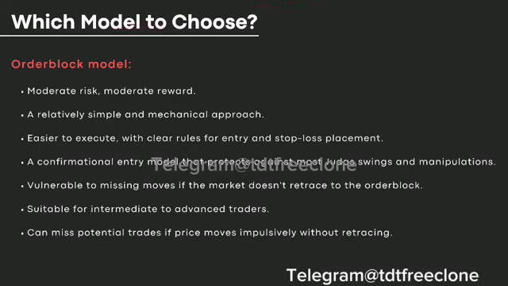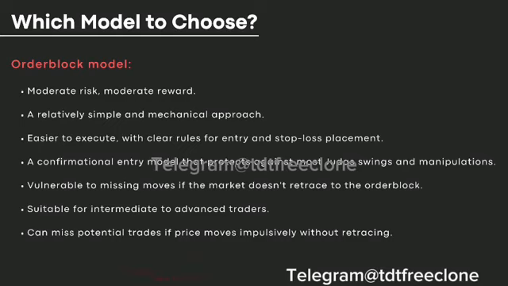Number four, easier execution with clear rules. For intermediate traders, execution can be the hardest part of trading, especially when emotion gets involved. And the order block model's mechanical structure makes it easier to stick to your plan. Number five,